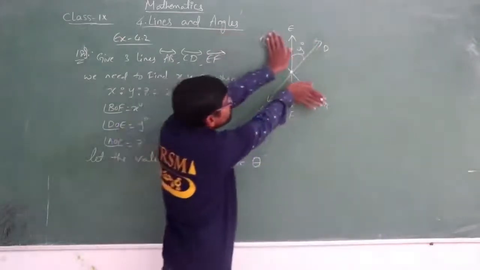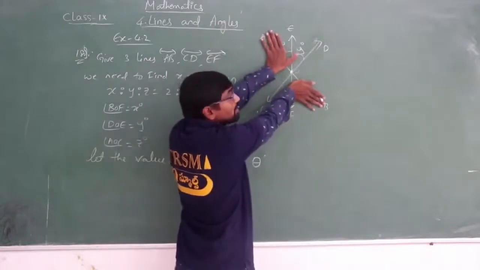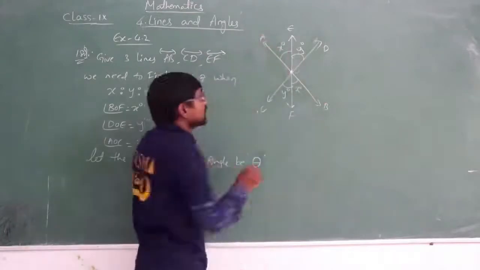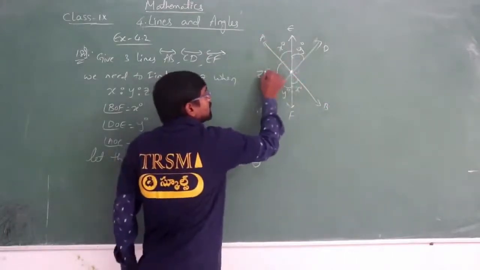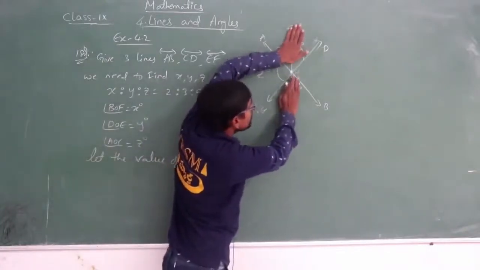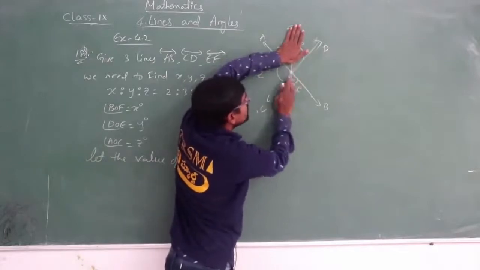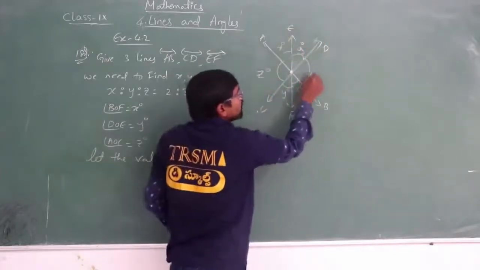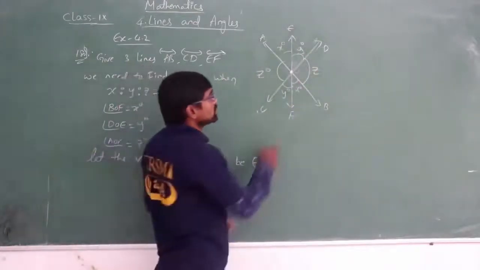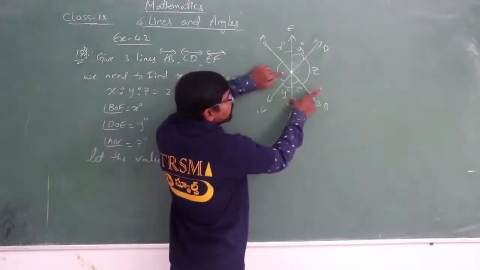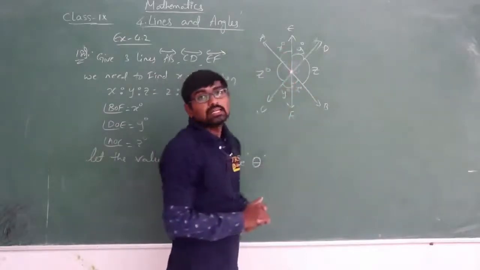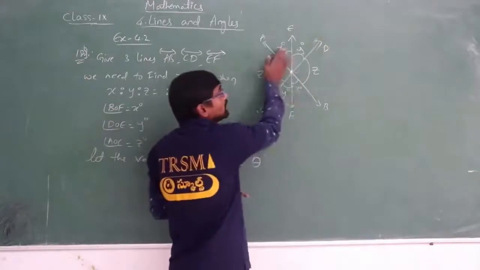So now if I remove this, here you will be having y degree, then the vertically opposite angle, that is this, is also y degree, isn't it? Now again here you have z degree. So this z is touching those 2 points, then I am removing this line. If I remove this and keep the mirror here, then you will be getting both as the same. Hope you all understood, isn't it? These are vertically opposite angles. What we did, this is x. So as x is touching these both lines, I am removing this. Then if this is x, this is also x. We call that a vertically opposite angle.